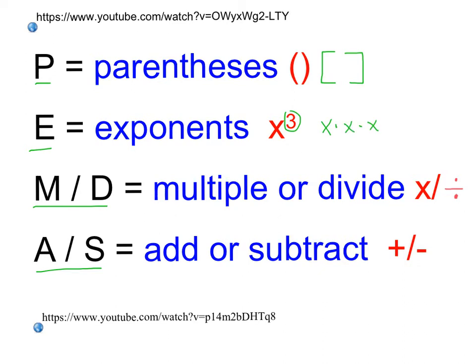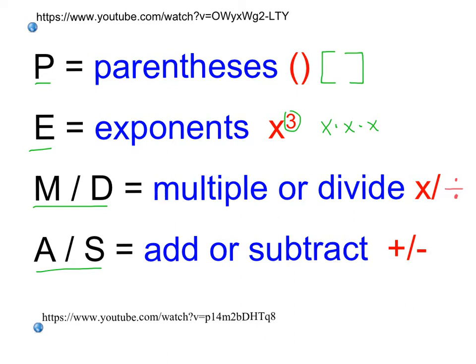And multiplication and division. I like to think of these as winning the Olympics. Parentheses always gets the gold medal. They go first. Exponent always gets the silver medal. And then multiplication and division, they're kind of like twins. You wouldn't say that one twin is more important than the other twin if you're talking about kids. So multiplication and division